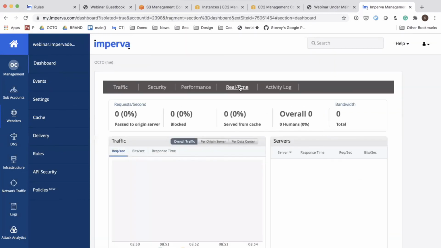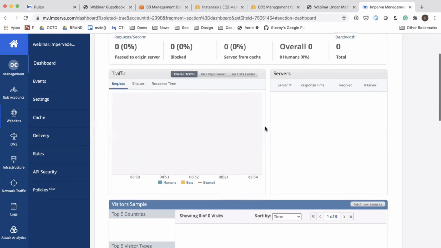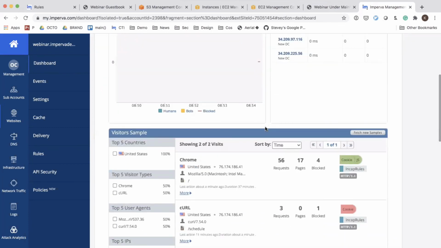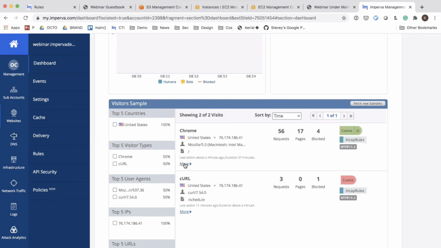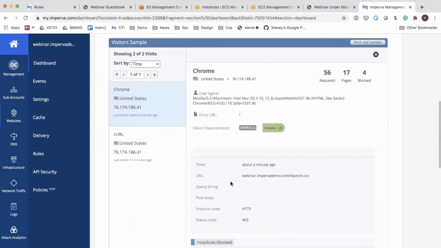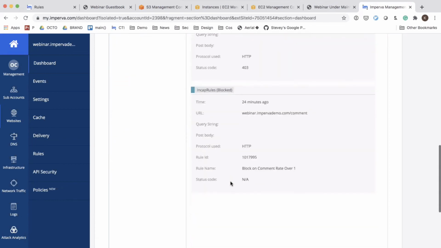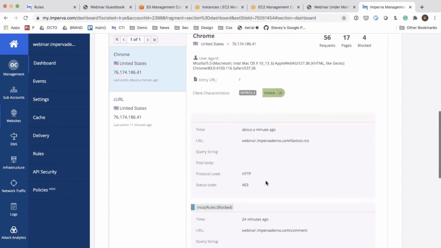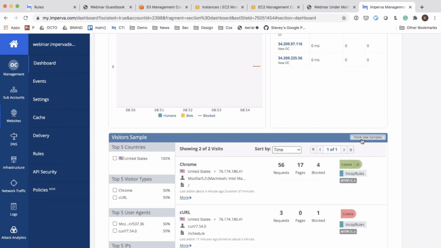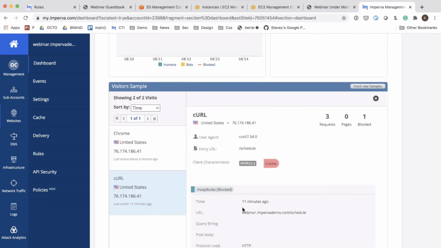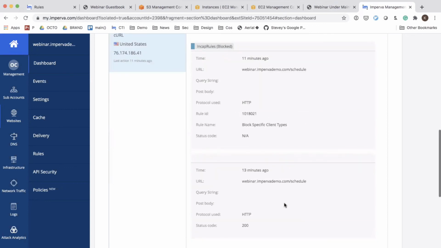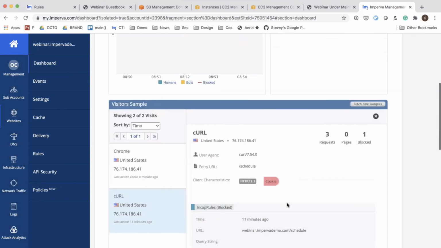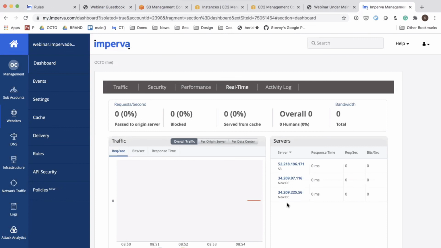And again, if you want to look at how specific rules, maybe from a security perspective, are actually triggering inside of your environment, you can do that as well. Over here, you can see we were able to trigger on a couple of rules coming into the environment. So the block on comment from way before. Again, you can go ahead and pull all this information in. You'll see the curl request that we saw from earlier today, blocking specific client types from earlier today as well. So a lot of stuff that we covered in just a short amount of time.